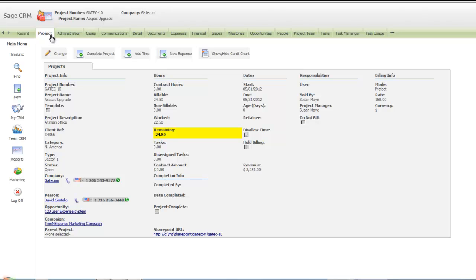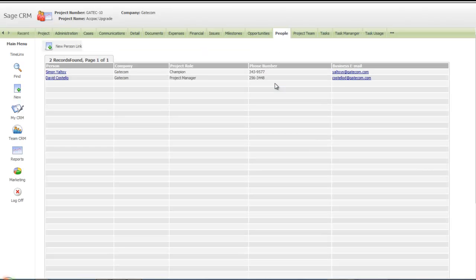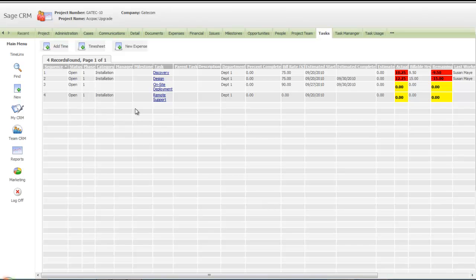Across the top, we can see tabs for cases, which are the tickets that are used in Sage CRM, for various communications such as emails and documents, detail about the project, document attachments that we might store, expenses, financial information, tracking of issues that occur within the project and during the delivery, milestones, opportunities, the people that are working on the project on the customer side, the project team, which are my staff, the specific tasks that we're going to deliver on this project,